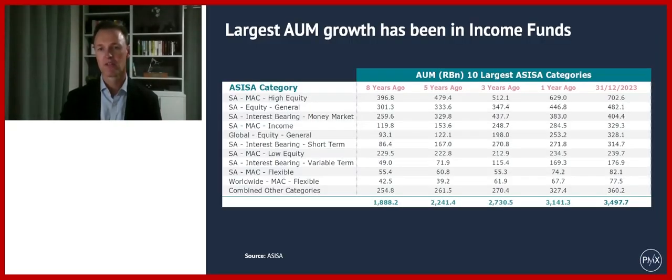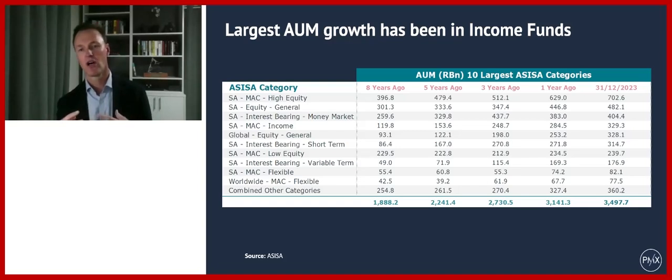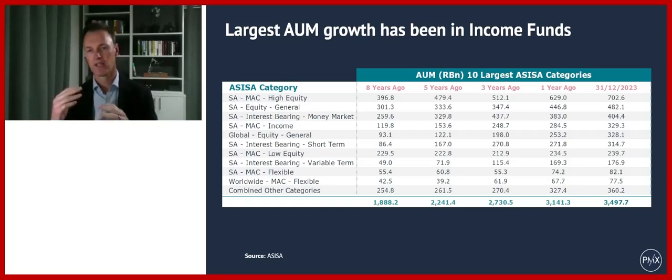Now, what's happened over the last number of years is we've seen a large adoption of credit bonds or corporate type bonds that are floating rate bonds predominantly. In other words, they don't pay a fixed rate of interest, they pay an interest that moves up and down. And this has allowed unit trust categories to take advantage of this.